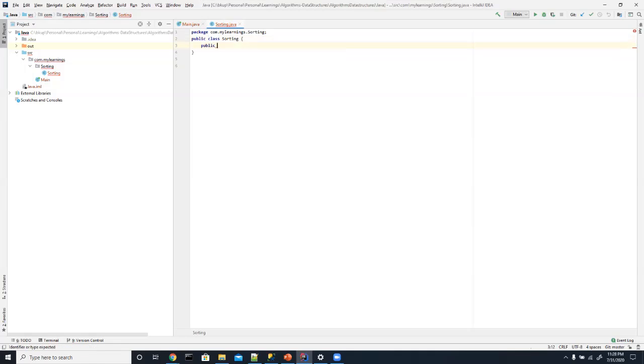So let's say we have a method called bubble sort, which returns a sorted list of integers. So I'm just returning an integer array, and my method is bubble sort. And this bubble sort takes an unsorted array. So I will just say my integer array is unsorted,